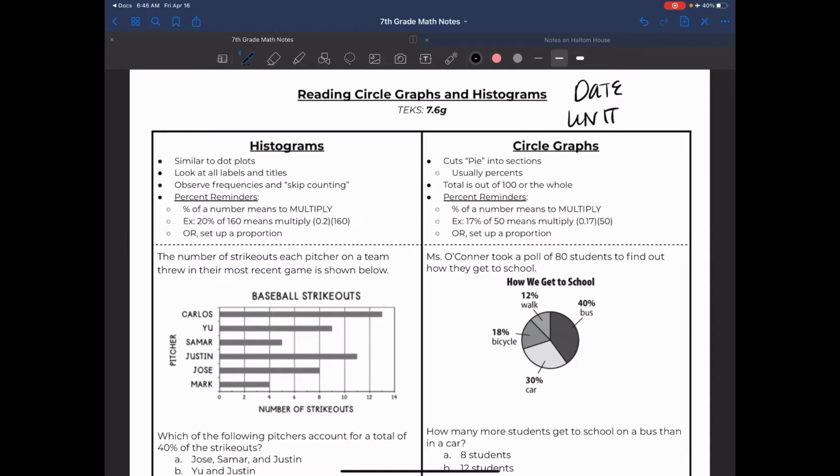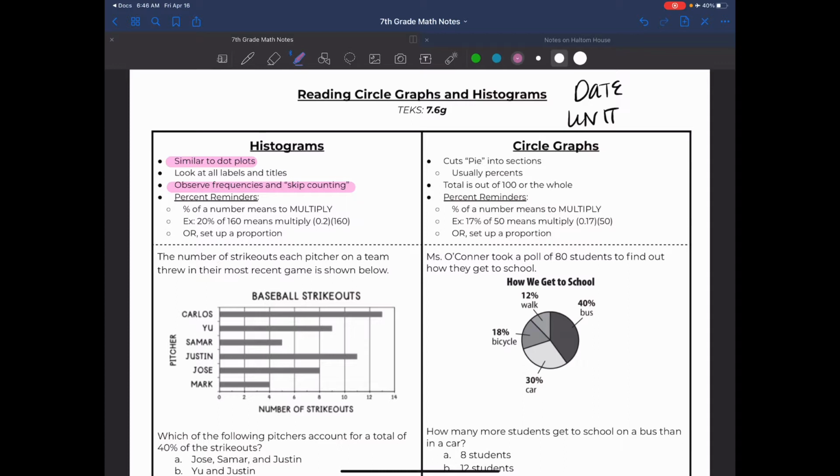All right, with histograms, they are very similar to dot plots. They have titles and labels of everything, just like dot plots do. We need to see if there are any skip counting in our histograms, because usually histograms are organized by ranges, and so there will be skip counting. And then lastly, dealing with histograms and circle graphs, we do a lot of percentage work,